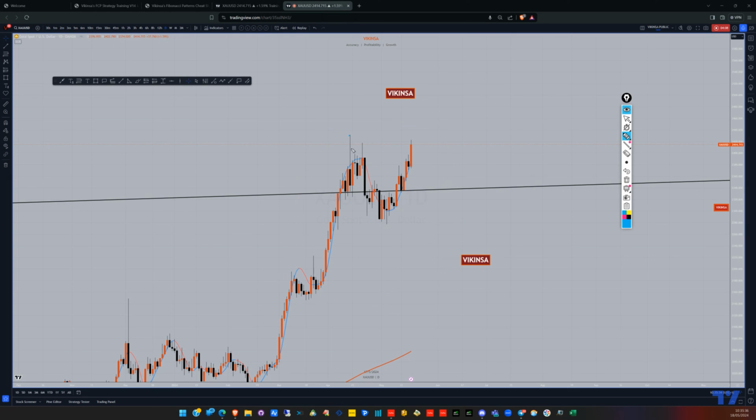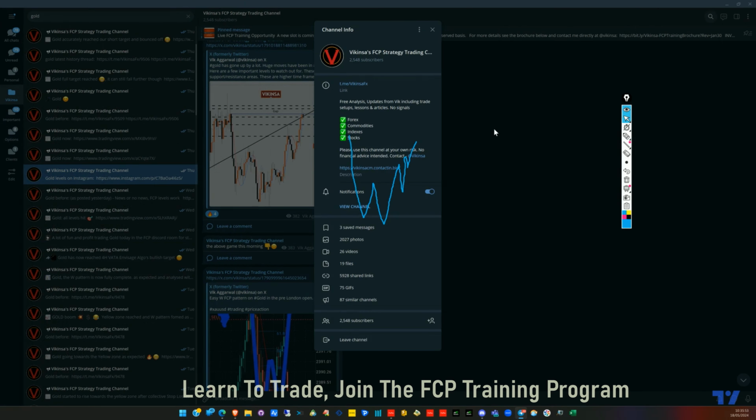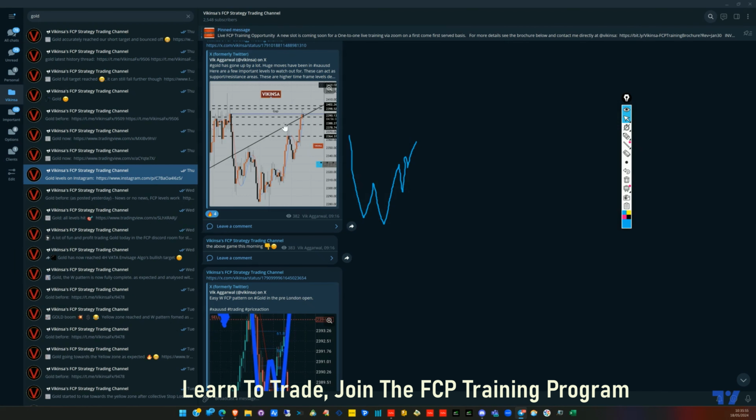However, if you notice, in the middle of this we have several W patterns here, complex W patterns. And that is why I shared some of the important levels in our Telegram group and Instagram and Discord channels. Let me show you some of those. These are the levels which came from that analysis, and the market has been hitting them. Last week we have been able to capitalize on a lot of these levels, because what these levels are nothing but